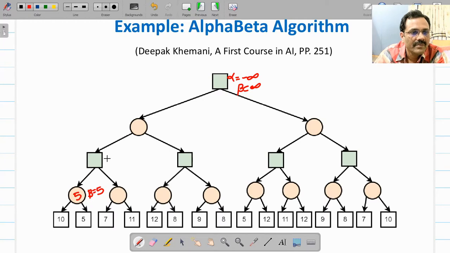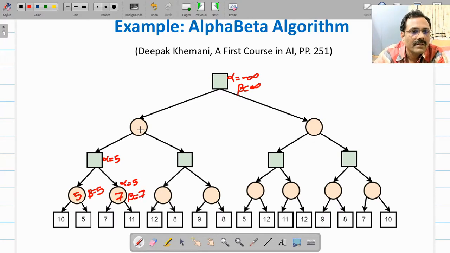Here it's a max node, so it will update the value of alpha. Alpha will be 5 in this case. That value will come down here, and now it's a min node, so the value of this node will be 7. Now this node will assign the value of beta, so here beta will be 7.